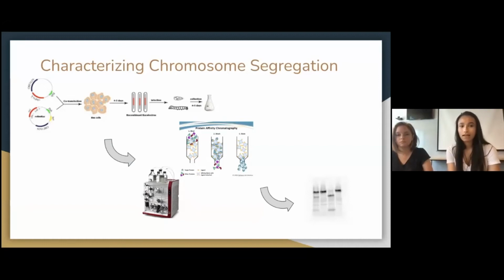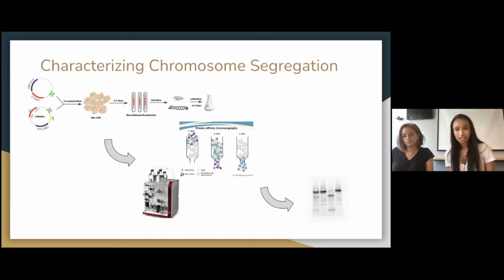After we harvest those cells that are expressing these proteins, we then need to purify them with a system called the ACTA. Basically the ACTA has a bunch of different protein affinity chromatography columns. These columns are filled with a bunch of beads that have molecules attached to them that will bind to a specific tag that we've encoded with the protein that we have produced through the baculovirus expression system. So we're able to catch the proteins that we want using their tags on these beads in the column. And then we're able to elute them with a competing molecule and an elution buffer that allows us to extract the protein off of these beads.